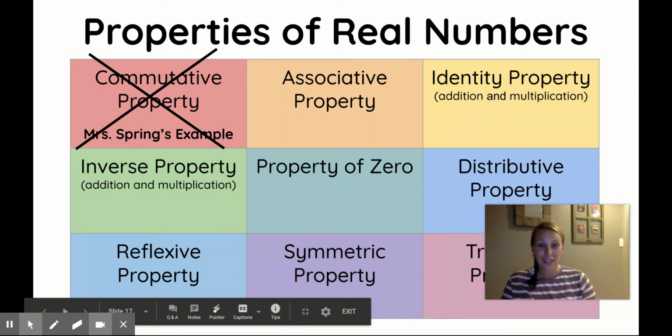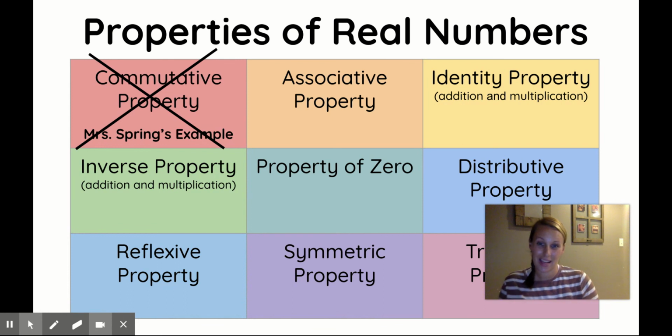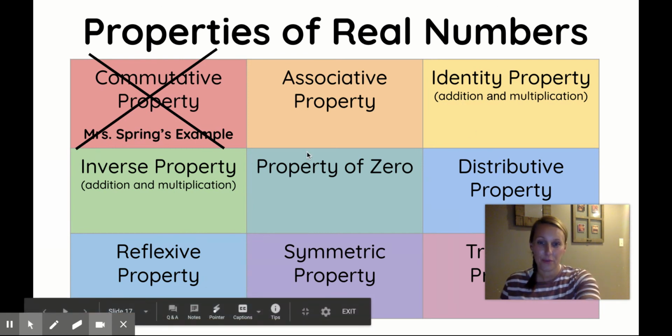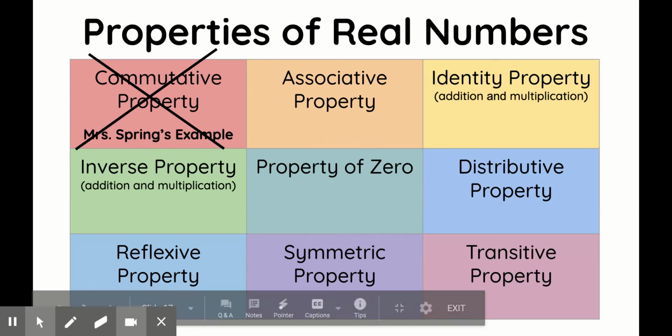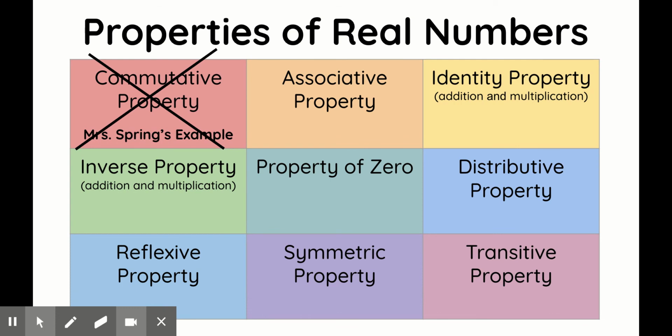So today you are going to become the expert on 4 of these properties, not including the commutative property, because that's the one that I'm going to show you as my example. But any of the other 4 you're going to pick and become the expert on. I'm going to pop over. This is what the presentation looks like. It should create